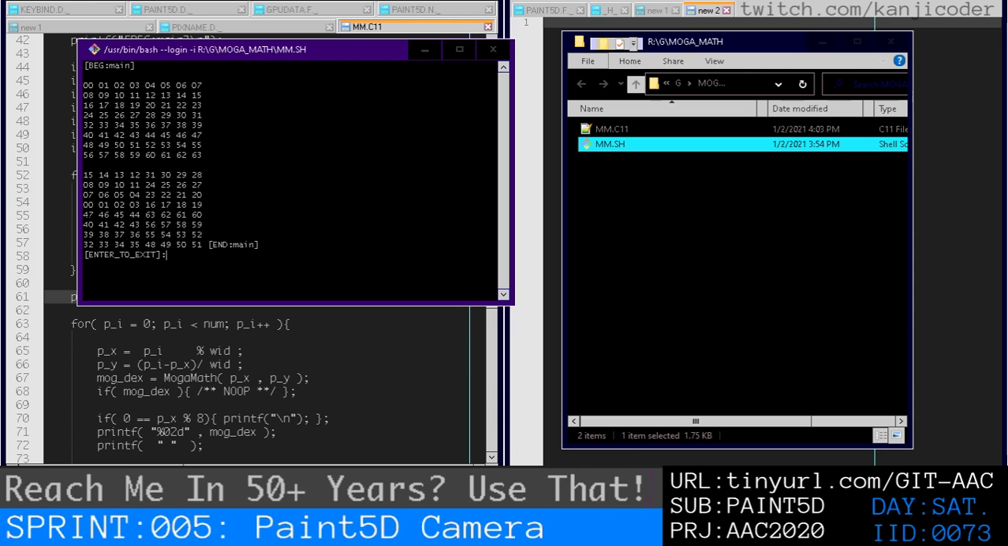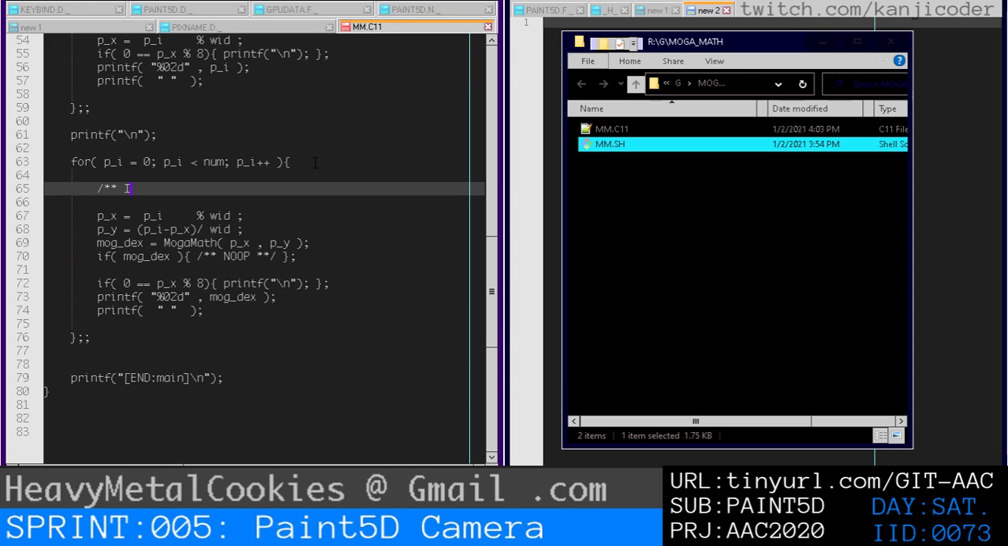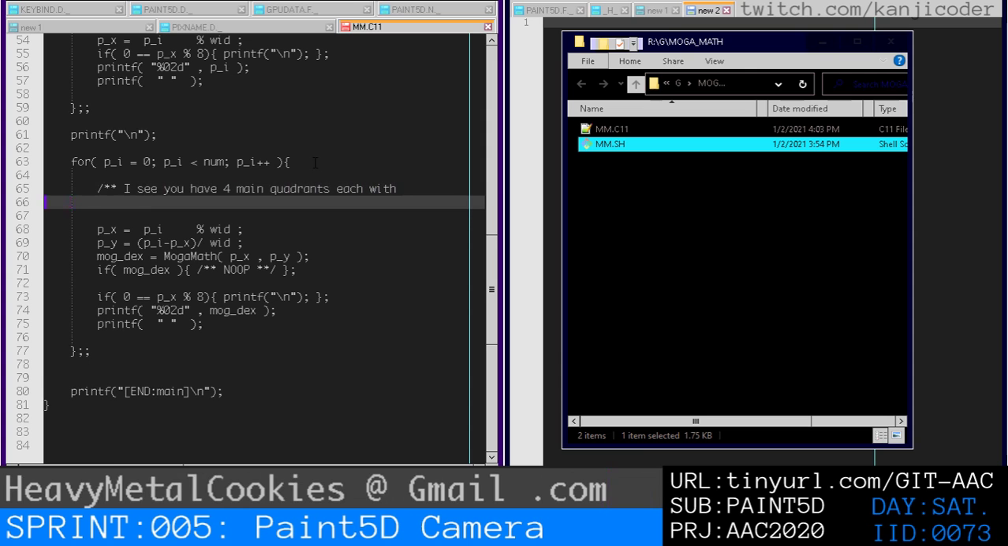Okay, and then over here we probably have a spiraling pattern as well, right? So 32, 33, 36, 37. Yeah, so we have this spirally dude here. 48. Okay, so we have 4 little quadrants of these spirals. Okay, cool. So I see you have 4 main quadrants, each with a layered spiraling layered